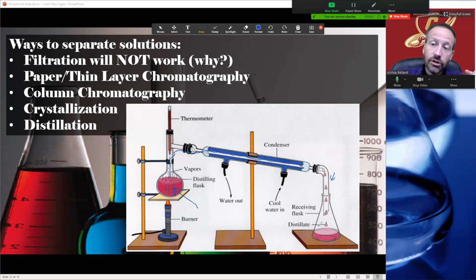And then eventually the boiling is going to stop, because all of that compound has boiled away and been condensed, and you could take that flask of pure liquid with the lowest boiling point and do something with it. Then you put in a new flask to collect with, and you make it hotter over here. You turn the burner up higher, and you get it hotter, hotter, hotter, hotter, and now it's going to boil again. And now the second